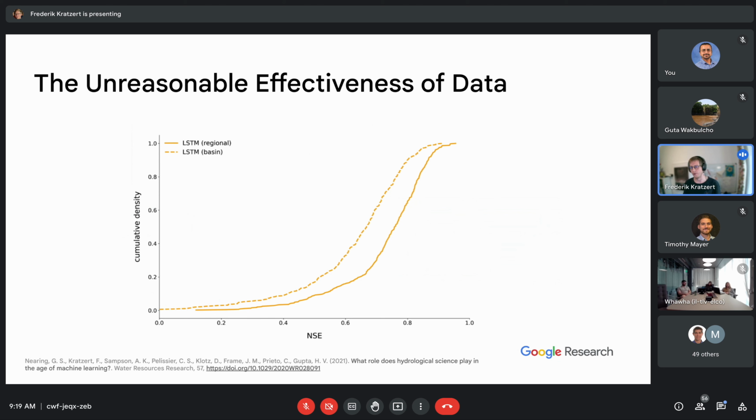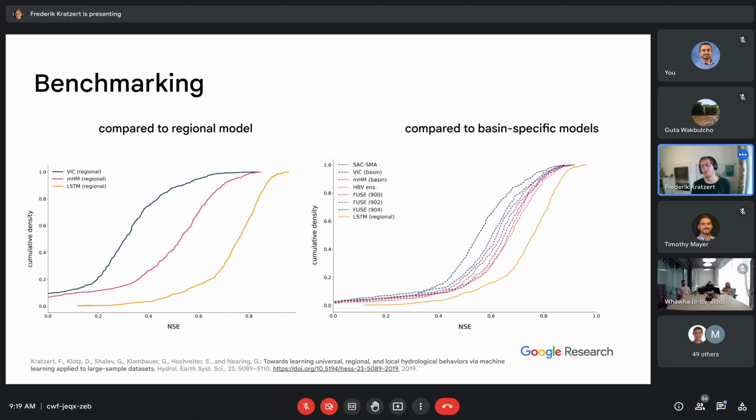And if you remember the plots from the hydrology models, this is exactly the opposite of what we have seen there, where the regional counterpart is way worse than the per basin calibrated model. So if we compare this to hydrology models, here we can see it directly. The left plot only shows models that were calibrated in a regional fashion.